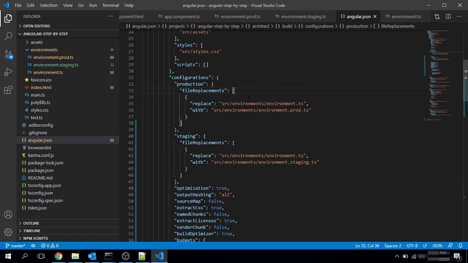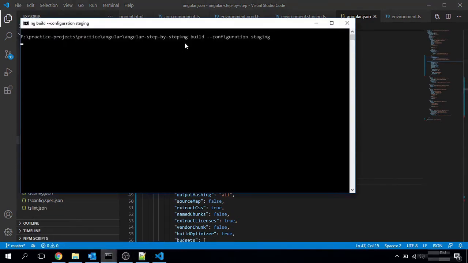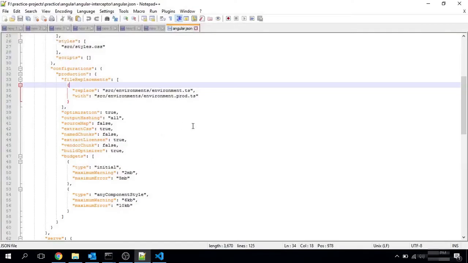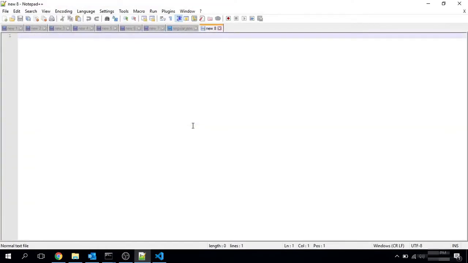When we want to create a build for our staging environment, we will execute this command: ng build --configuration staging.